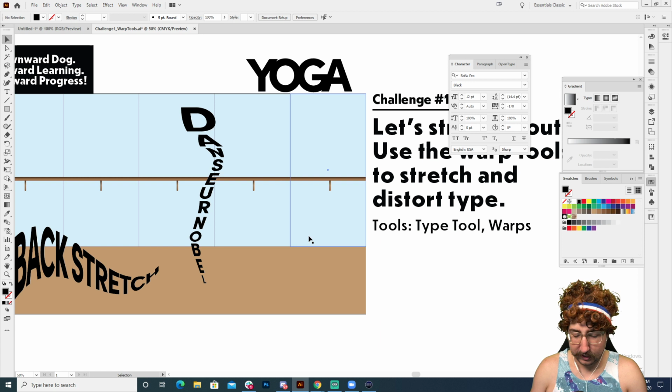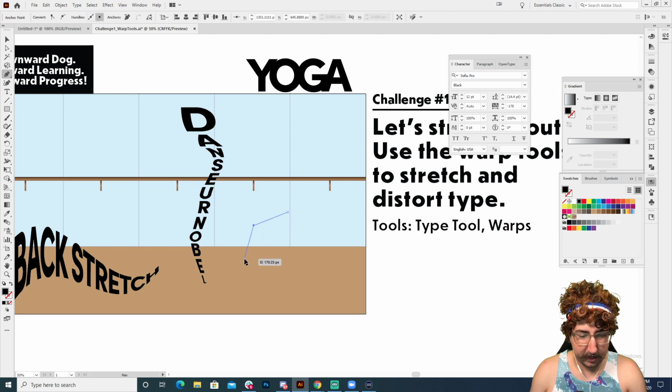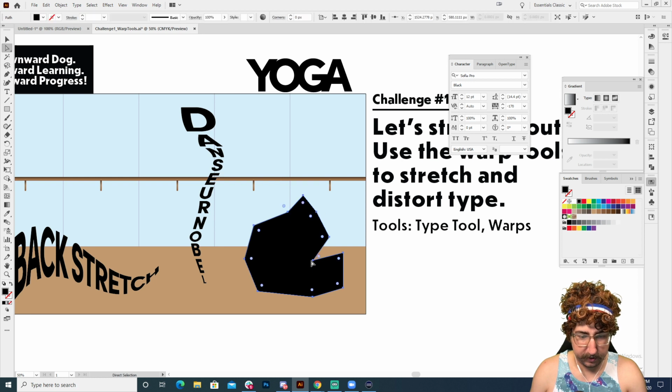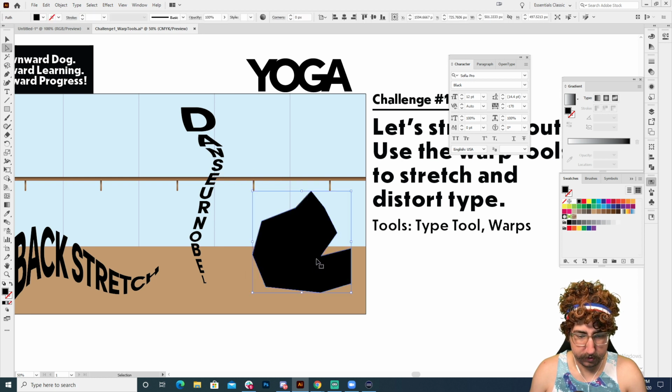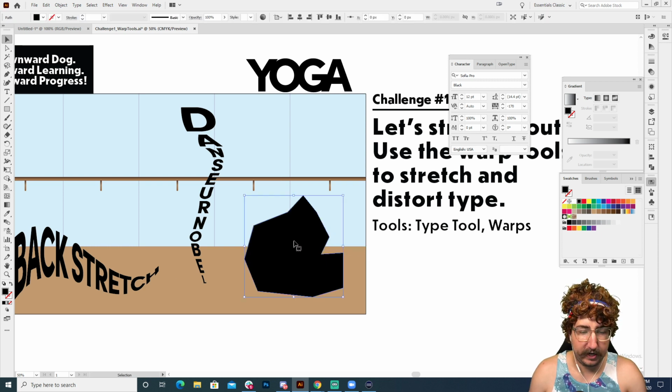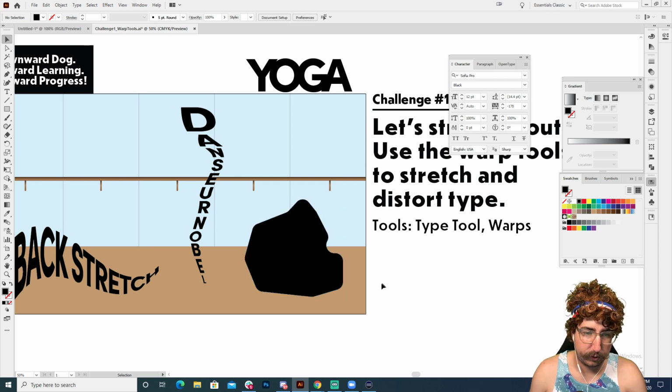And what we want to do is I'm just going to make a shape as if someone is maybe sitting in a weird yoga pose. So we're going to do a shape here. Maybe they have like a leg that's out doing a weird thing. And then they're kind of coming up this way. Oops. There we go. So let's do something like that, right? And I'm just going to round these corners out by selecting that and then clicking and dragging these corners.